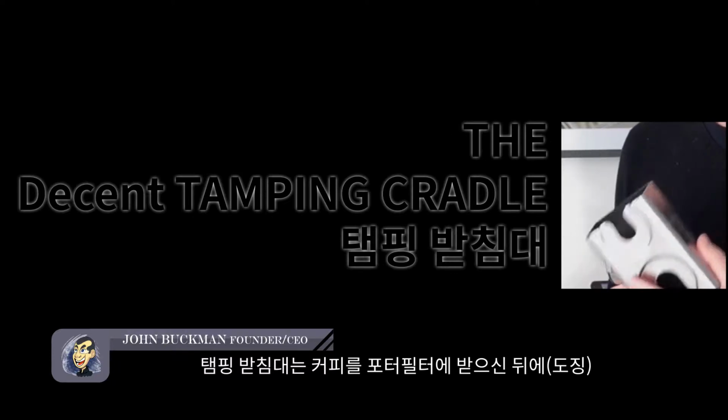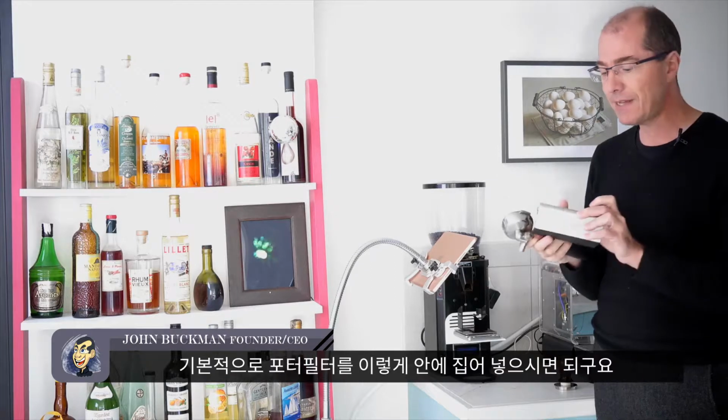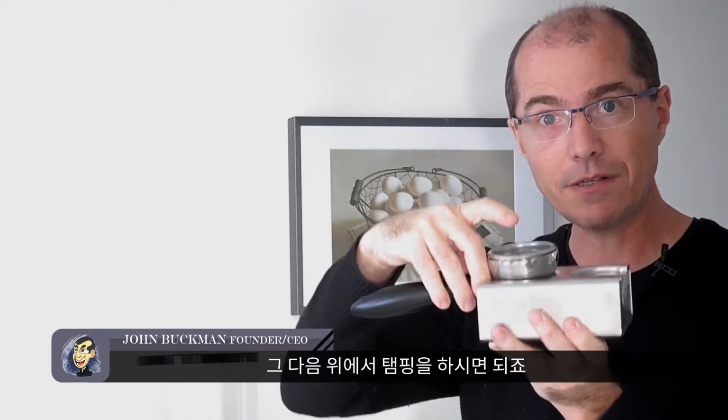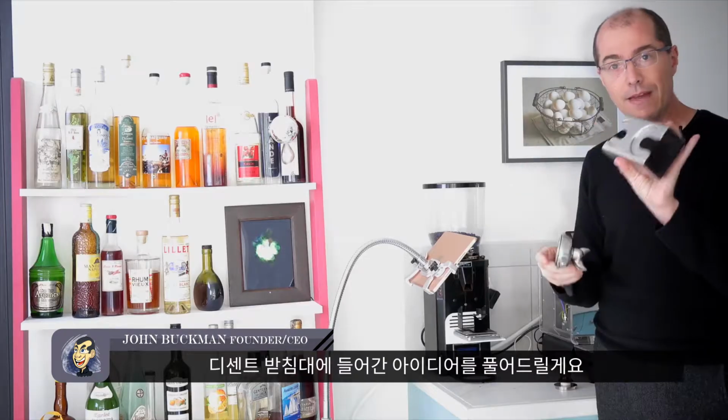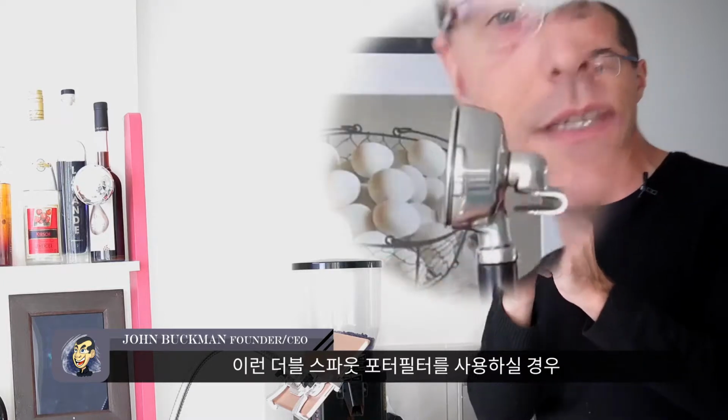The tamping cradle is a place where you're going to tamp coffee after you've dosed the portafilter. The basic idea is that you're going to put the portafilter in like so, and then you're going to tamp from above. Now, the idea behind this is that if you have a double-spouted portafilter like this, you'll notice that